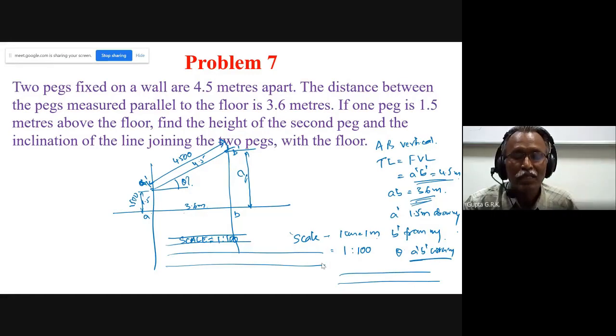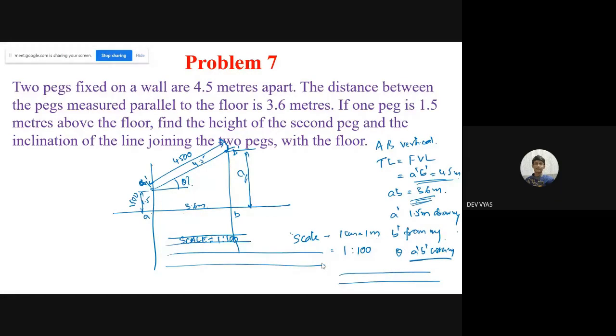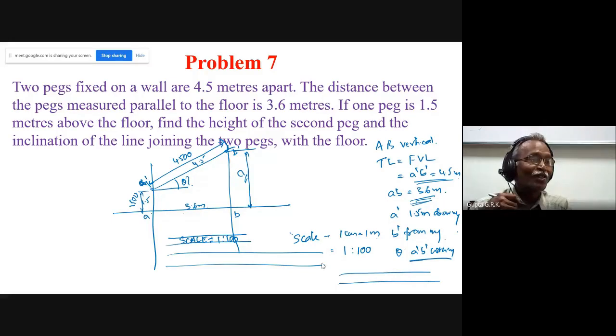How can it be less than? Sir, if the angle theta is inclined, it cannot be below ground, isn't it? This is actually ground and this is wall. Am I right? If I draw like this, it goes below the ground. The nail or peg cannot be underground, right?